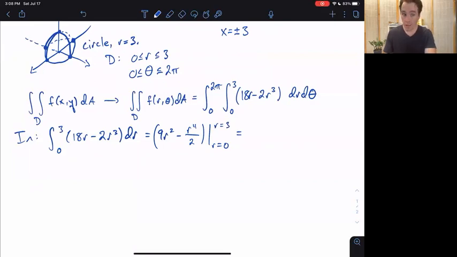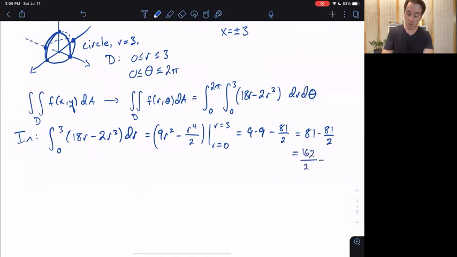The 0 will go away. So this is going to be 3 put in for 9 times r squared is 9, minus 3 to the 4th, 3, 9, 27, 81. 81 over 2. 9 times 9 is conveniently enough 81. So 81 minus 81 over 2, that's 162 over 2 minus 81 over 2, or 81 over 2. For the outer,